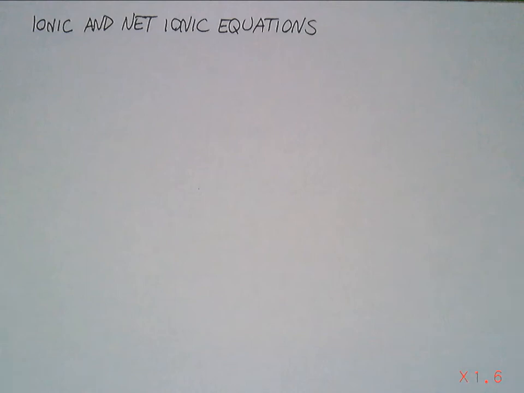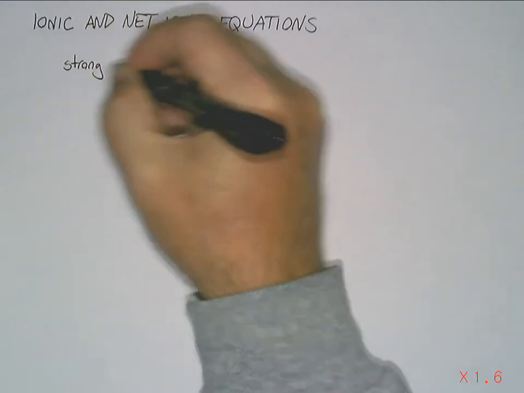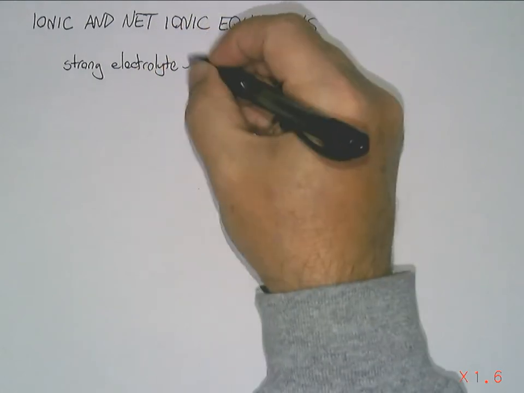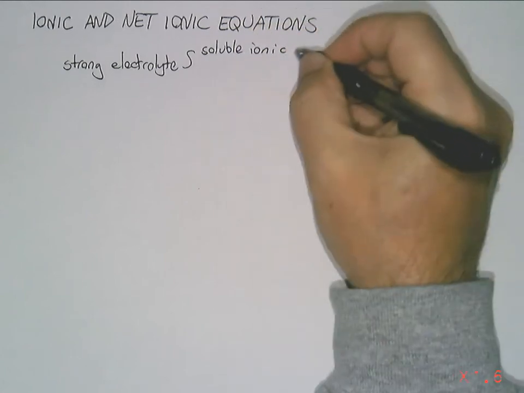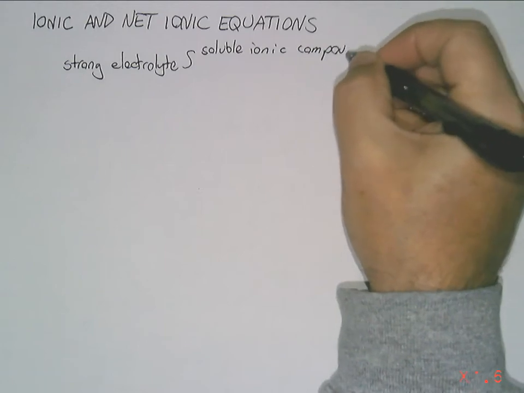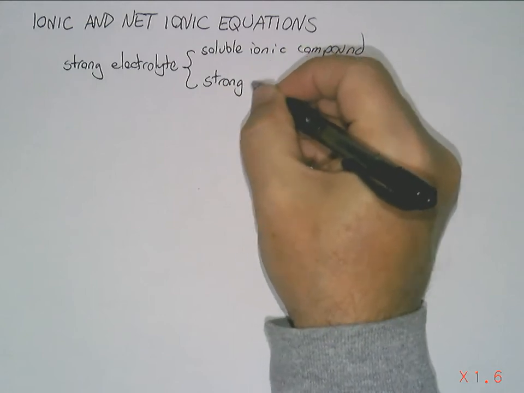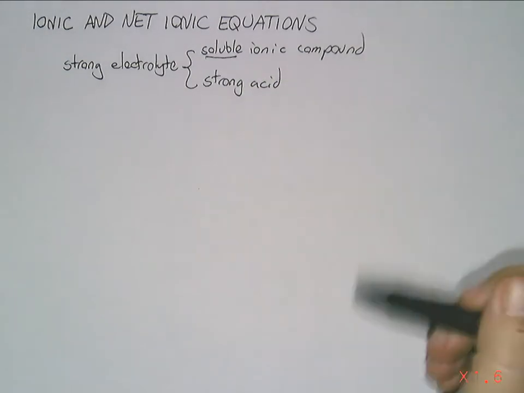In the last video, we saw how to recognize strong electrolytes. A strong electrolyte is either a soluble ionic compound or a strong acid. Now you'll be able to tell if something's soluble or not